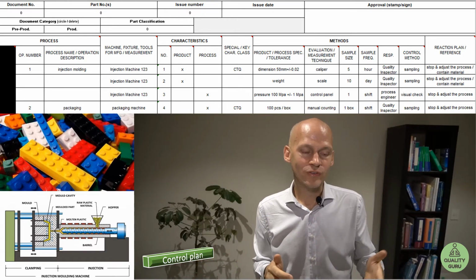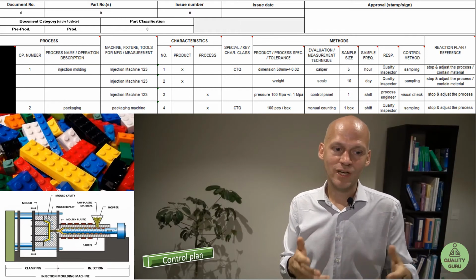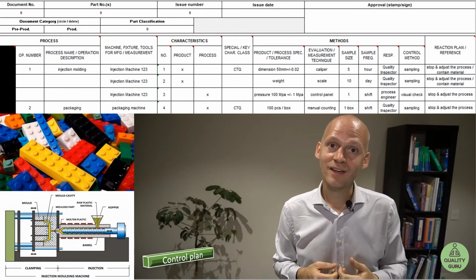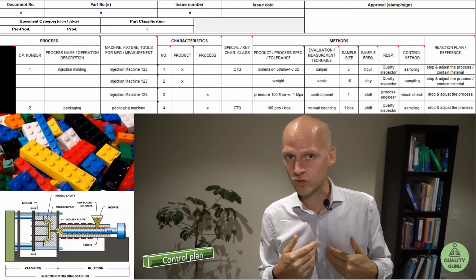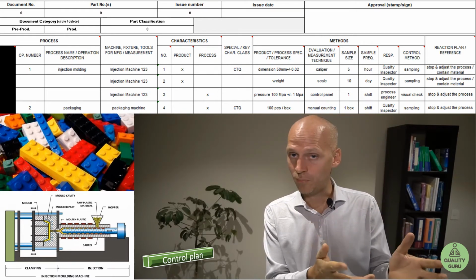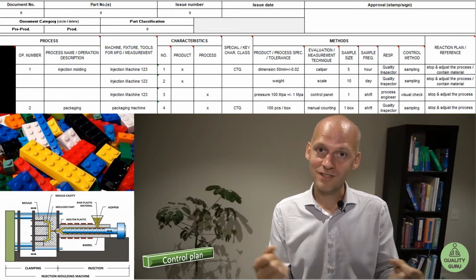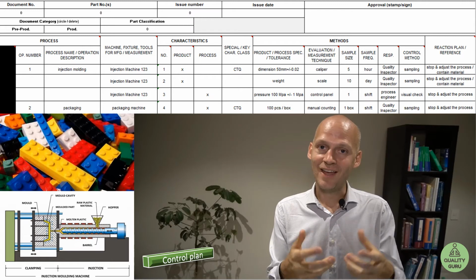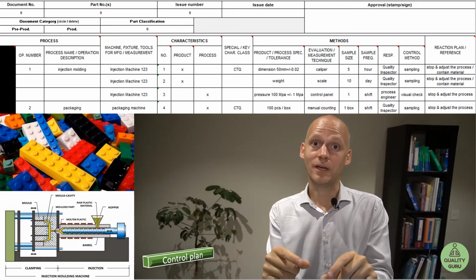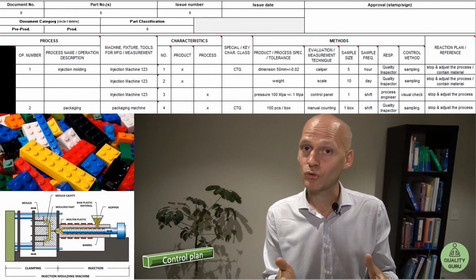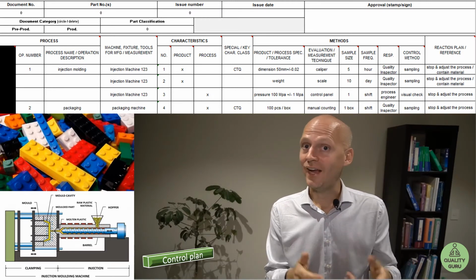So we see the injection molding machines. There are 3 steps. We have product characteristics and process characteristics. So we can first identify what I have to ensure in this step on the product level and on the process level. That means the process is the injection molding process and the product is what is coming out. So I can do some checks and controls on the product,